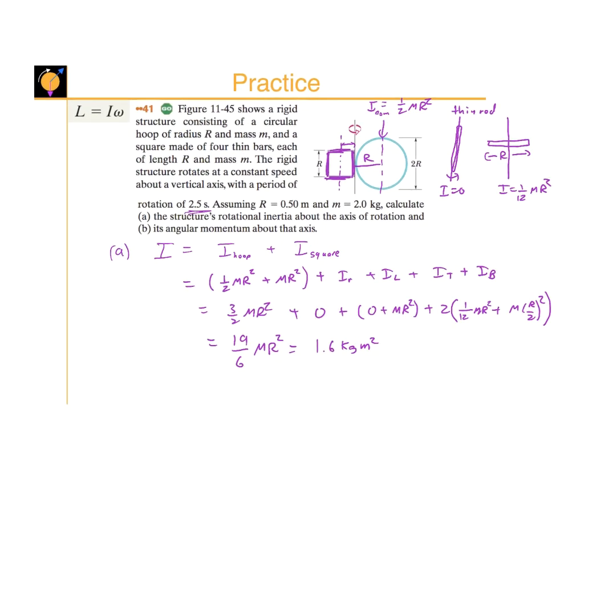So to find the angular velocity, we are given that its period of rotation is 2.5 seconds. So we can get the angular velocity from that. The period of rotation means that it takes 2.5 seconds to go through one whole rotation. So remember, angular velocity is change in angle over change in time. So one whole rotation in 2.5 seconds, a whole rotation is 2 pi radians, right? So it goes through 2 pi radians in 2.5 seconds. So when we figure that out,